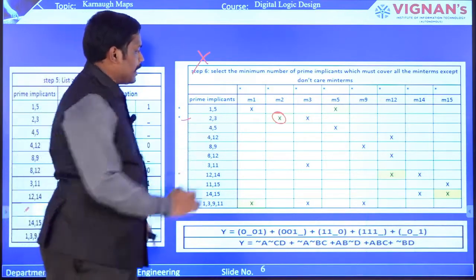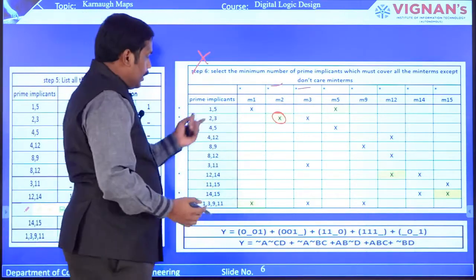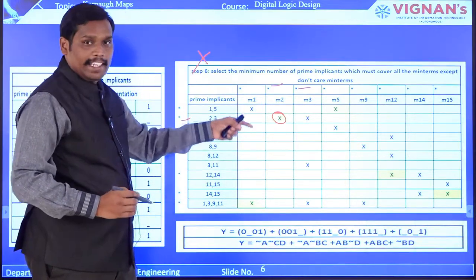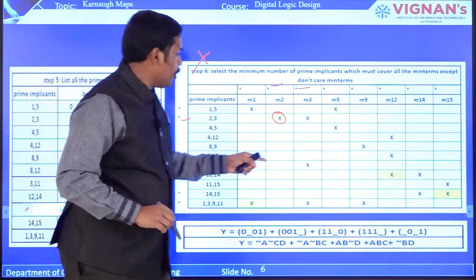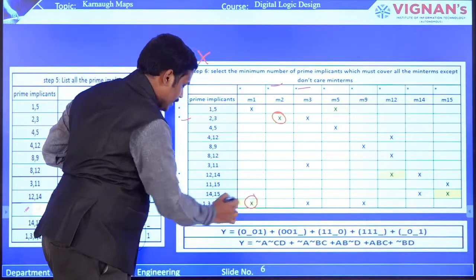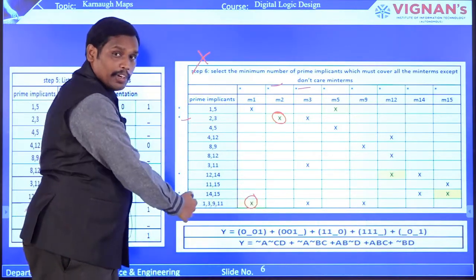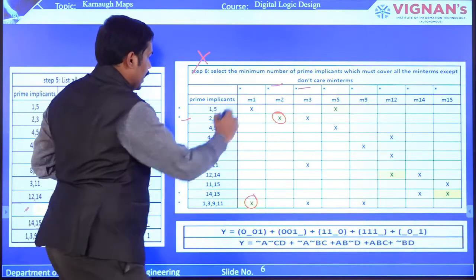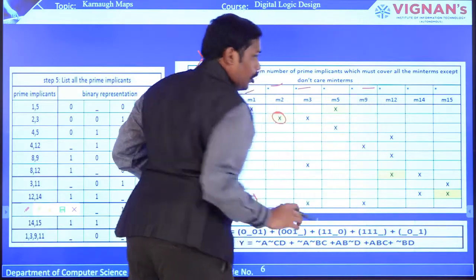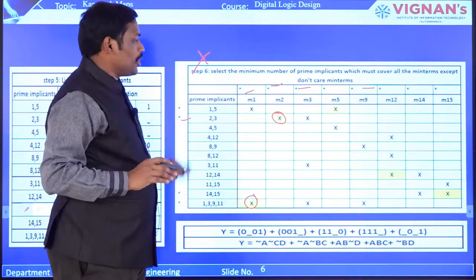Based on this, 2, 3 will be selected. So 2 and 3 will be selected, and then we'll check for another x, which is the only one in a column. So you'll be checking that no x's are there. So we'll compare again the first term. You'll select this because this particular one has more number of min terms. So we'll be selecting this, and you'll be marking 1, 3, 9, and 11. 11 is not there because those are don't care conditions.